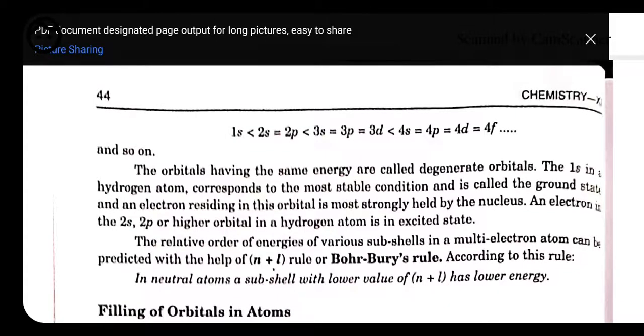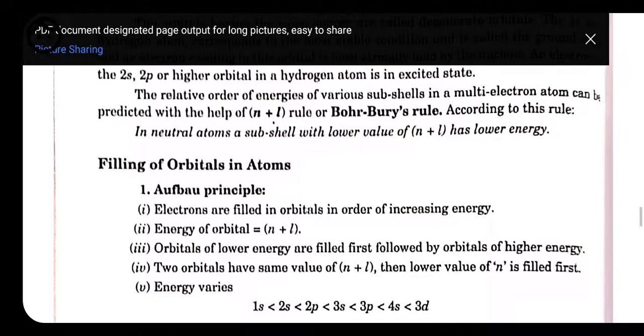Now these are the electronic configurations. We have to go through the electronic configuration, which is a very important part. Electronic configuration is the arrangement of electrons in the orbitals in order of increasing energy. So how do we write the electronic configuration of the elements, and how do we fill electrons in the orbitals? Here we have certain rules which we have to follow for filling electrons into the orbitals. Let's discuss the rules first, then I will tell you about the energy and the orbitals.